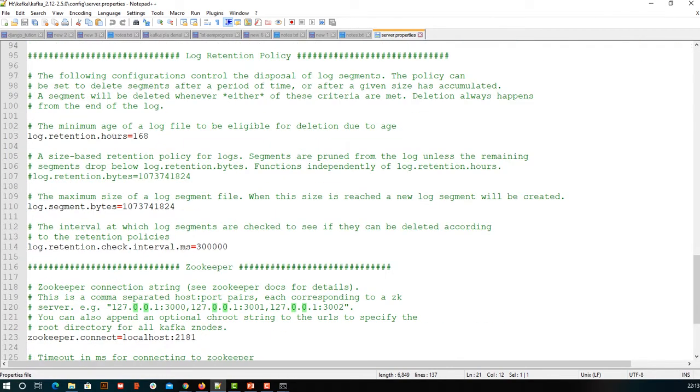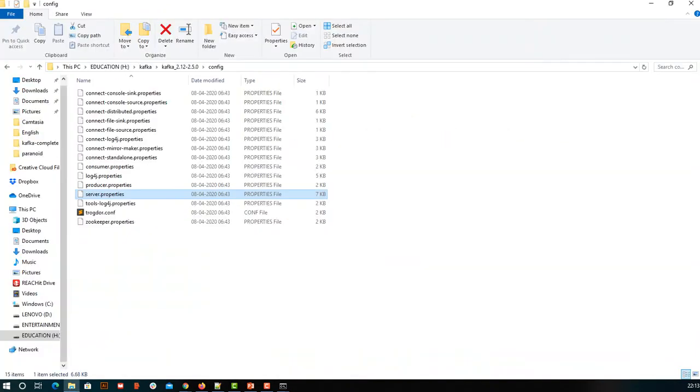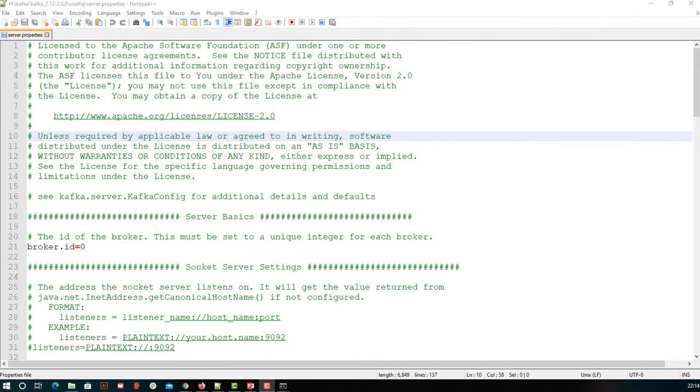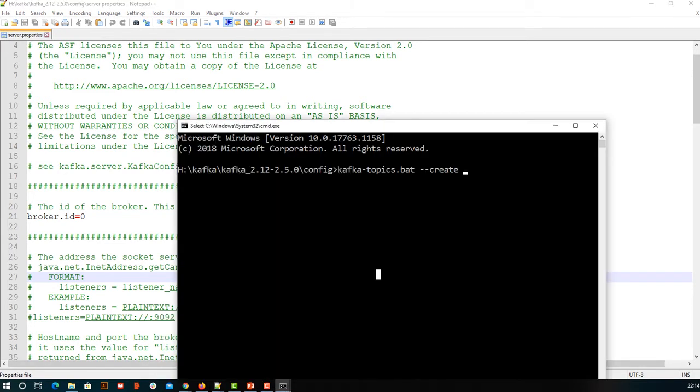But for now the one thing that I want to show you is the property 9092. If you want to create any topic, you need to say where our server is. So where do we want to create our topic? These brokers will be referred to as the bootstrap server. So when we are going to create a topic, here